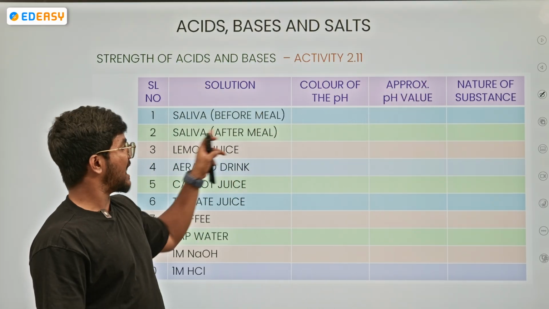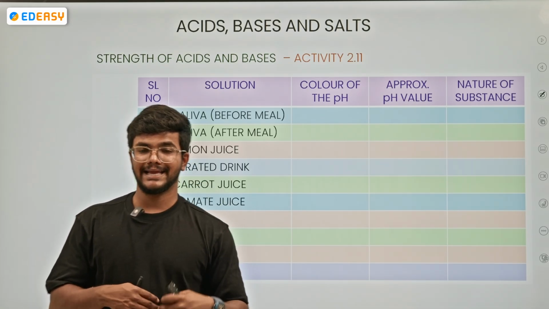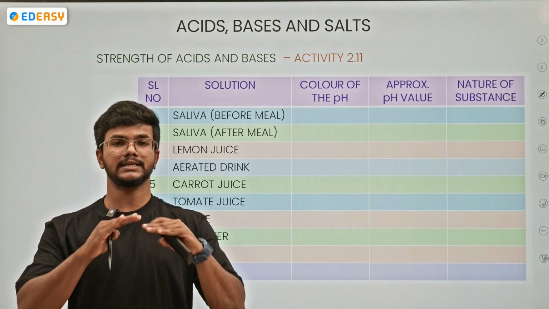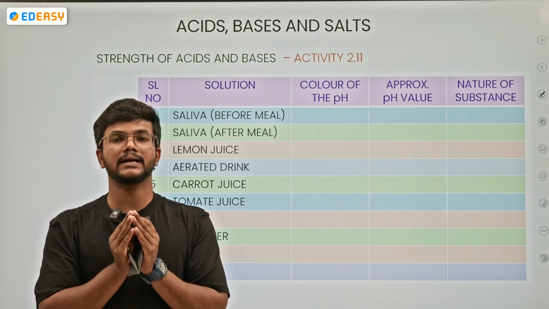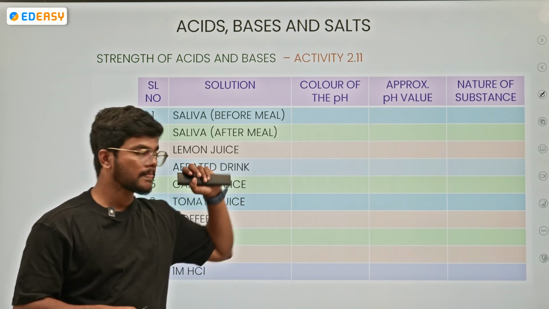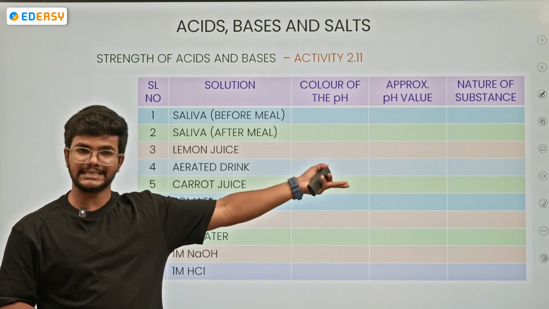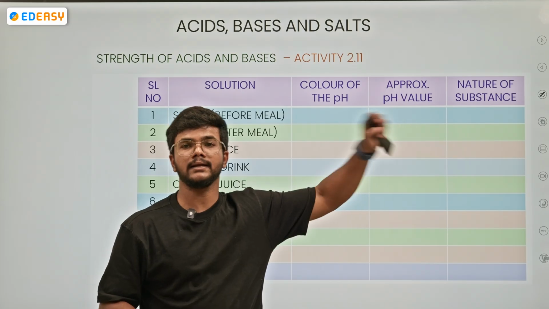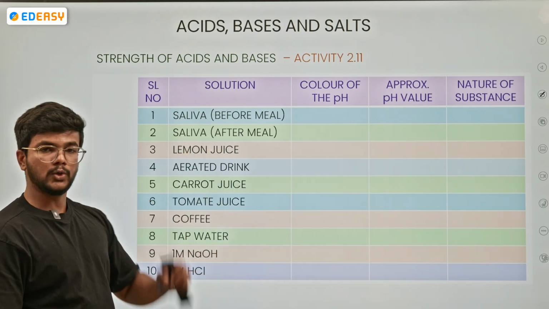Okay, but after the meal the stomach acid reacts with the bile juice. The stomach acid concentration decreases, and the saliva becomes basic or neutral in nature. So it gives neutral or basic. And lemon juice is acidic, it gives red, with a pH value from 0 to 5, and the nature of the substance will be acidic. So this we will all do in